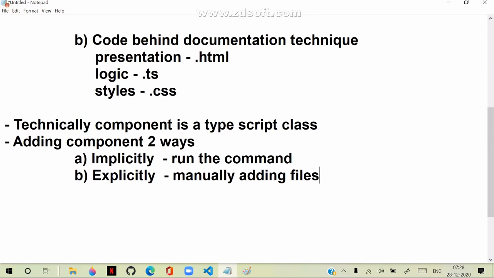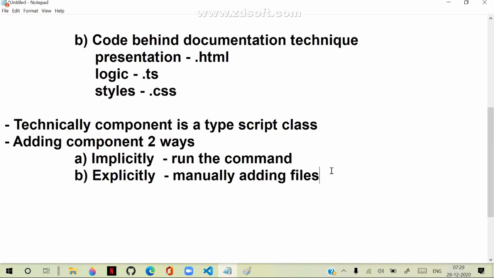Otherwise, you can add only what you need for your requirements. So implicitly, you just run a command and it will generate everything for you. Explicitly, you have to manually add and configure everything. We will see all the techniques, how we can define and configure, step by step.